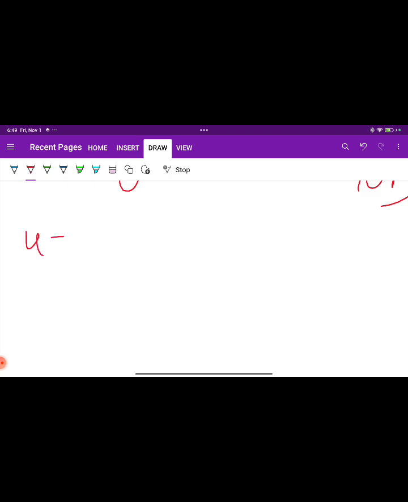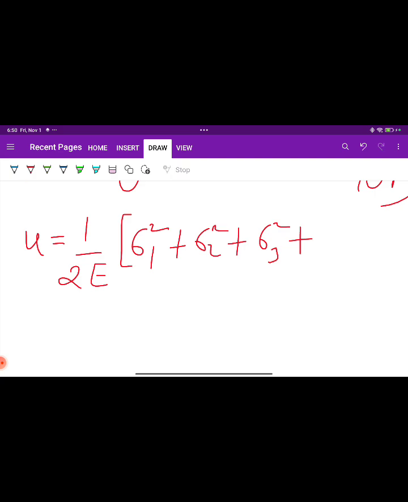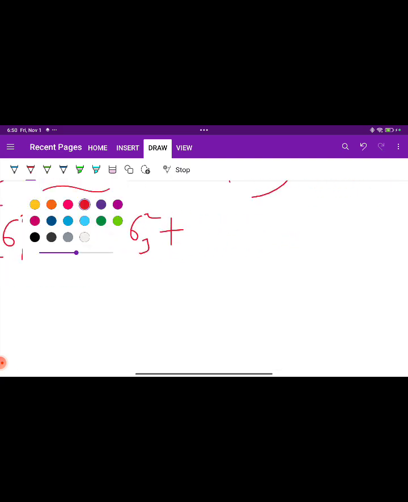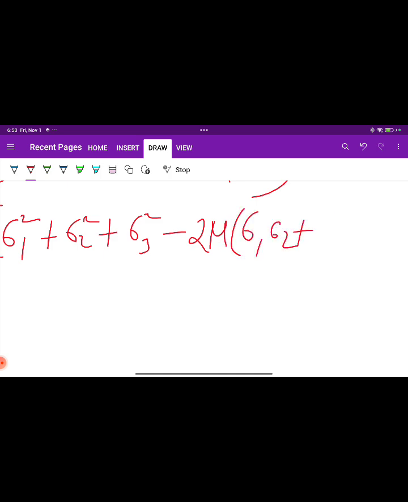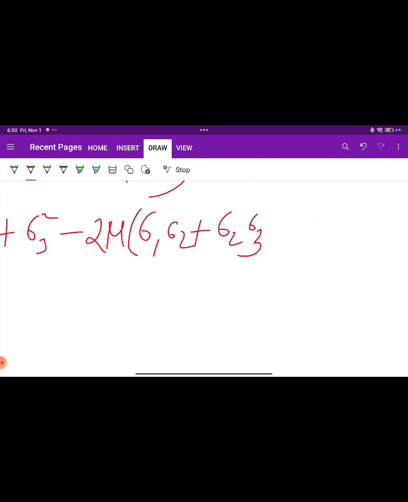So strain energy per unit volume will be equal to 1 upon 2 times Young's modulus, bracket sigma 1 square plus sigma 2 square plus sigma 3 square, minus 2 mu, into sigma 1 sigma 2 plus sigma 2 sigma 3 plus sigma 3 sigma 1,